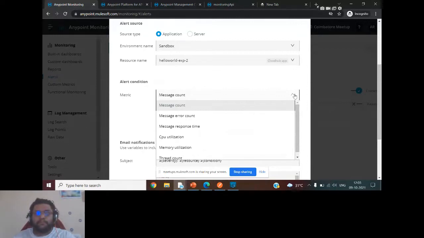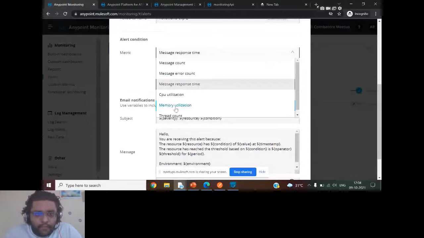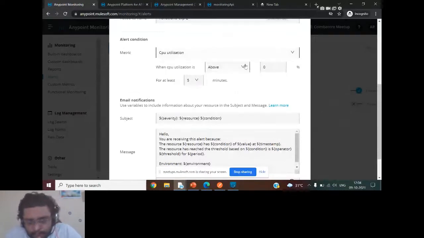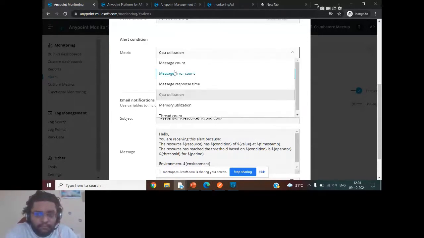Whenever we select a metric, for example CPU utilization, we have to mention above what percentage it will go before the alert is created. If it crosses 70% or 60%, we should pay attention to the application and why it is behaving this way.